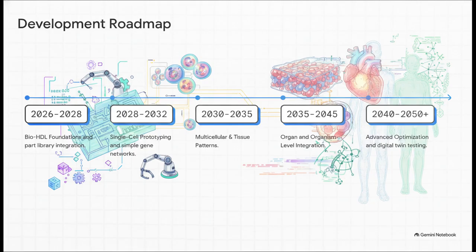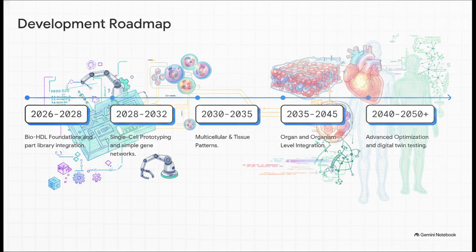The language will extend to spatial designs, allowing us to compile simple, 3D-printed tissues and basic organoids. And then we hit the true sci-fi milestone. By 2035 to 2045, we are looking at full organ and organism level integration. We're talking about designing an entire, complex, functional organ, like a heart, completely from scratch using Bio HDL. And beyond 2040, we enter an era of advanced machine learning optimization, where AI refines these biological designs way faster